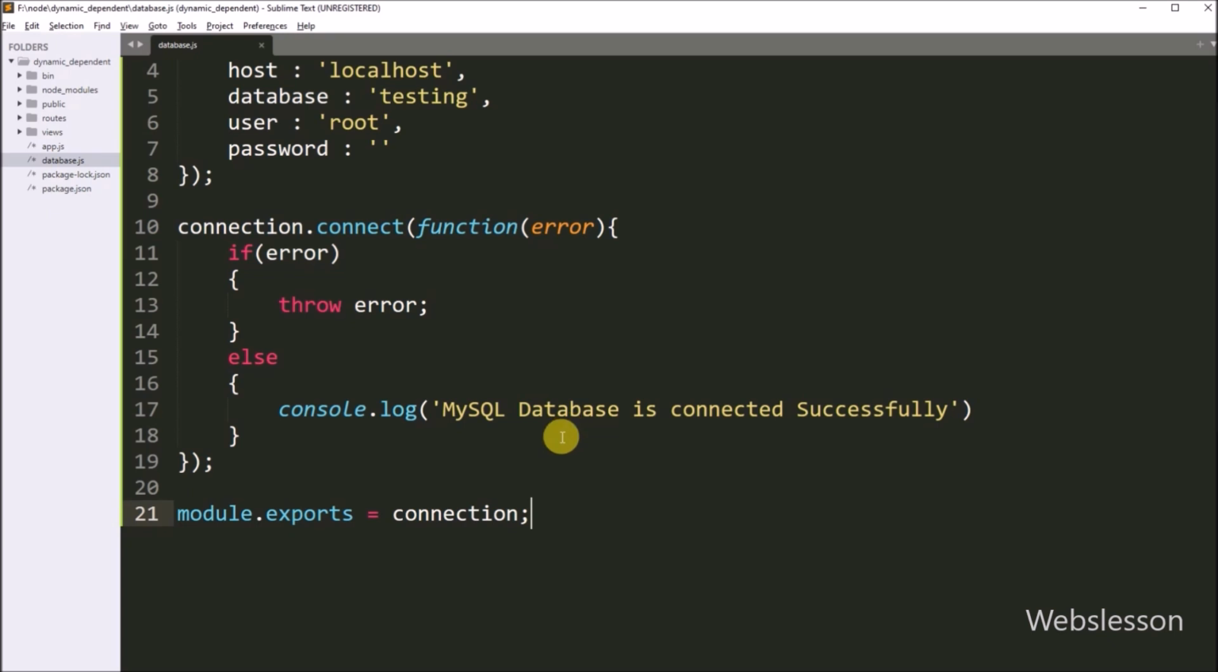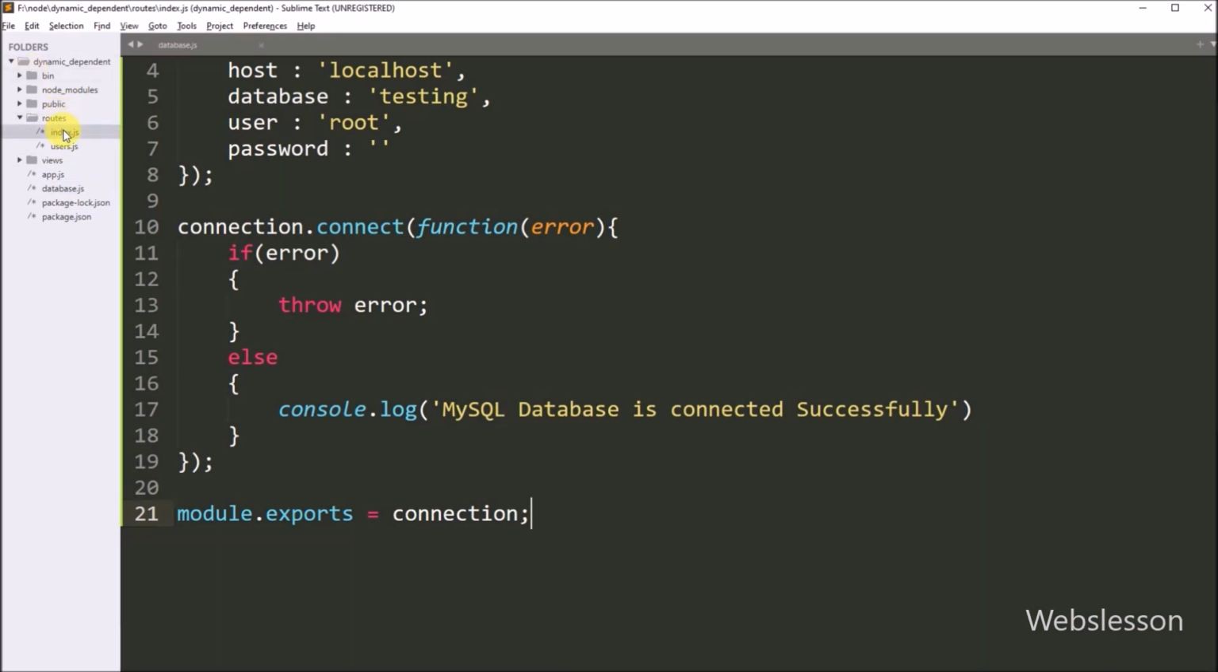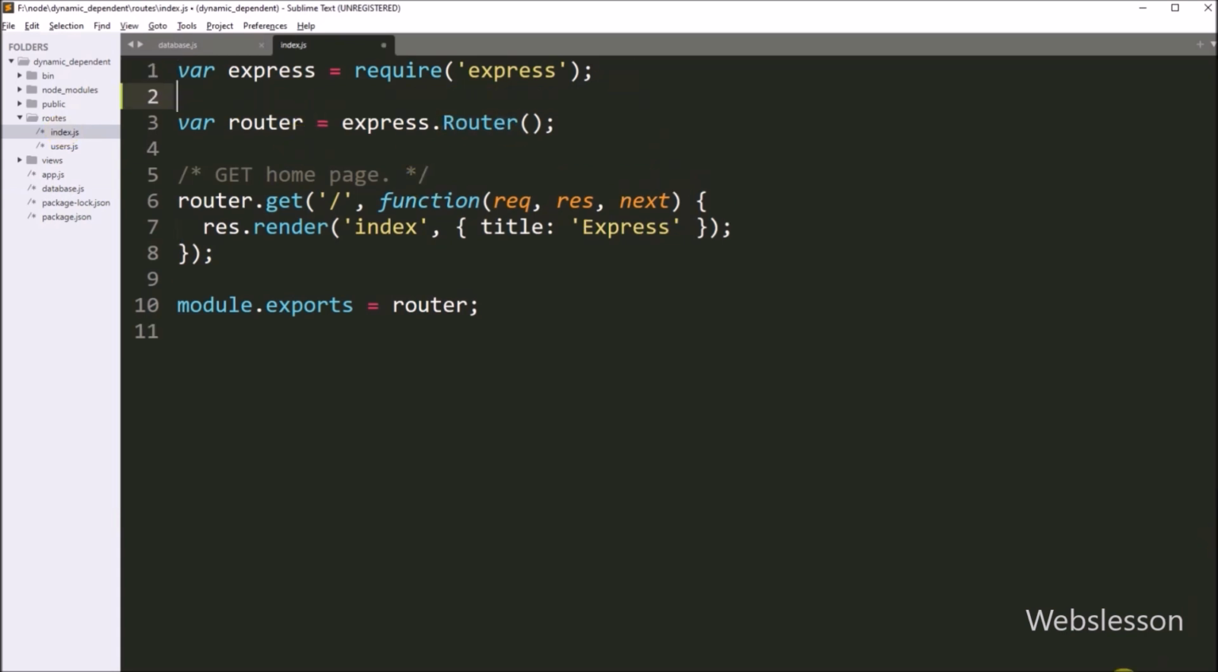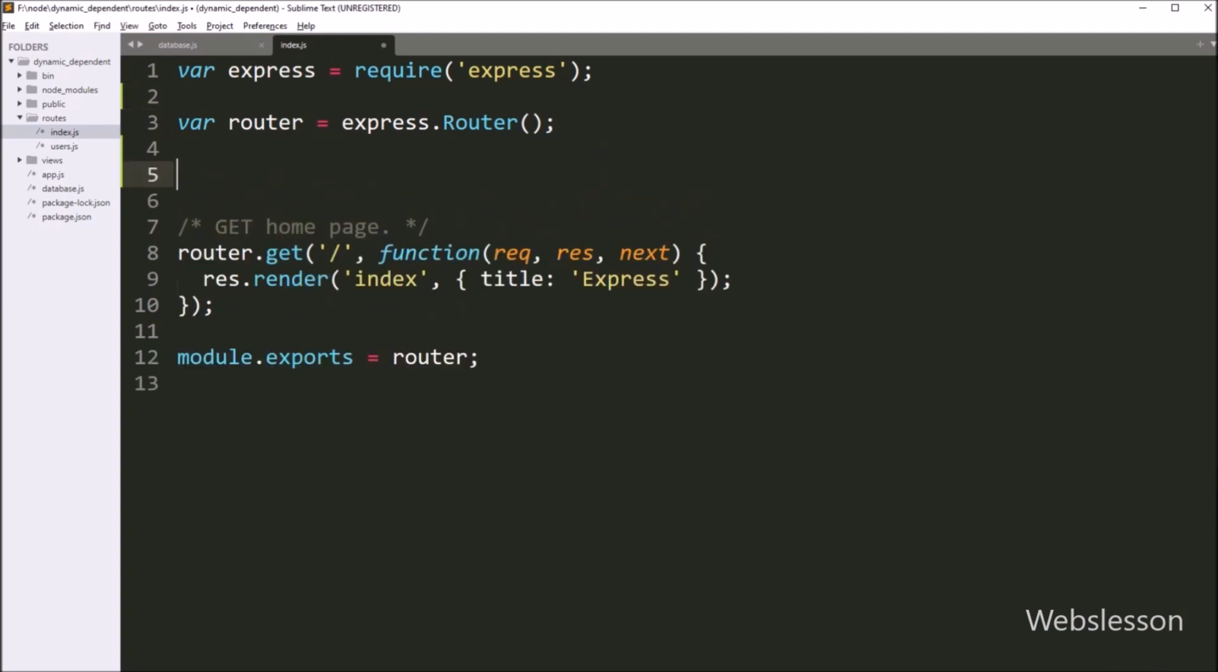Now we have to go to the text editor and go into the root directory. And here, we have to open the index.js file, and this is the root file of this Express application. Under this file, first we want to include the database connection file to make the database connection. So for this, here we have to write